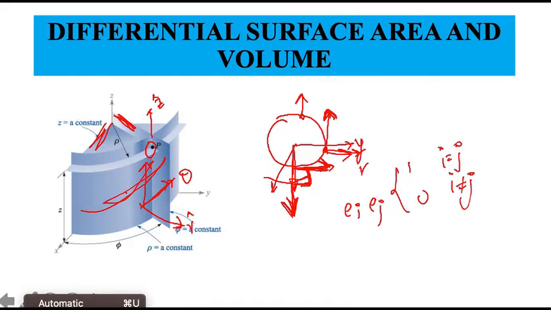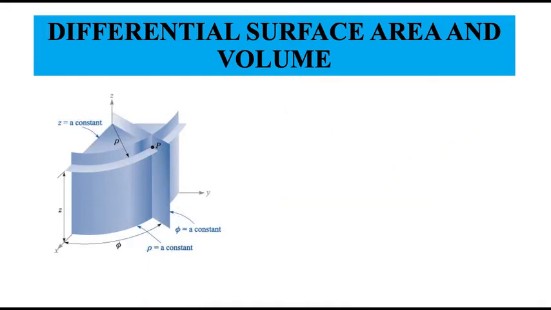So this is how it is an orthogonal system, and if you look on this circle, my r will remain always constant. So here my r is constant. On this plane, with respect to x, my angle is fixed, so for this phi is constant, and for this plane, my z is constant. So these are my constant planes.